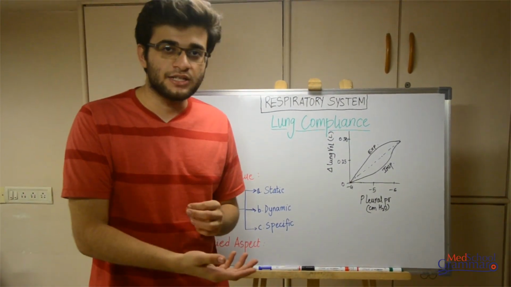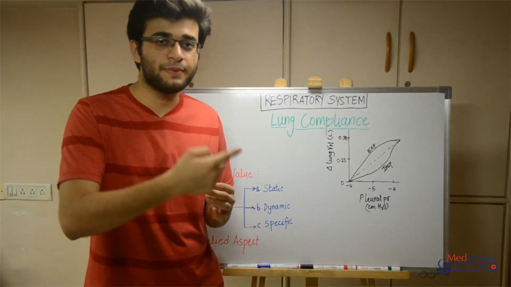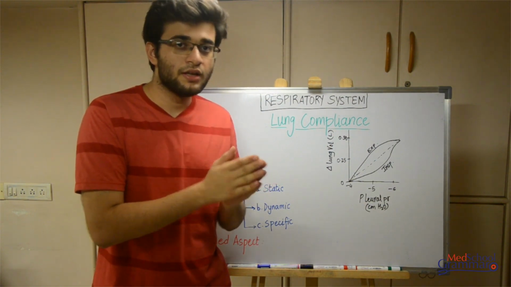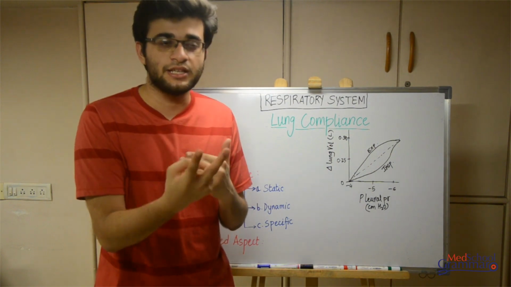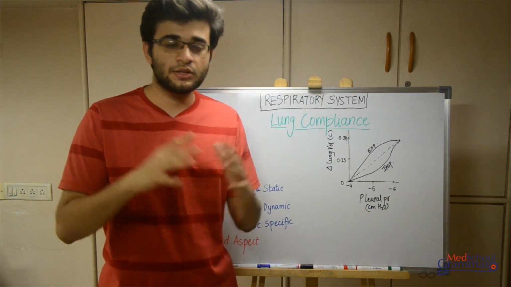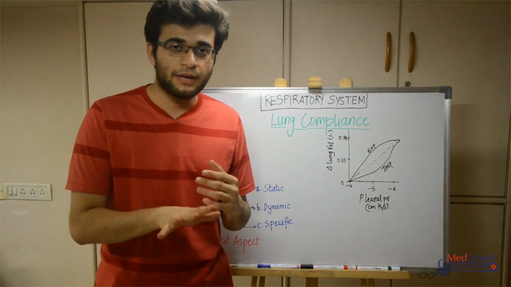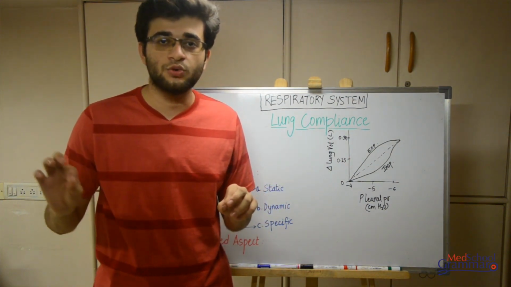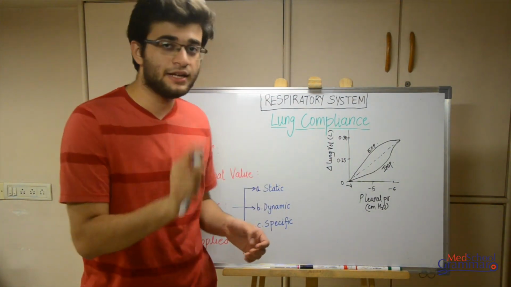Change in transpulmonary pressure means how much during inspiration the transpulmonary pressure increases. So the increase in the transpulmonary pressure is the change. This change causes an increase in volume of the lungs. This increase in volume of the lungs for a normal healthy individual is 200 ml. So that means the compliance of a healthy individual is 200 ml per centimeter H2O. So that is lung compliance for a healthy individual.